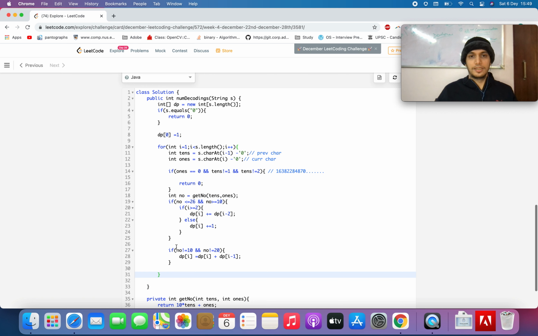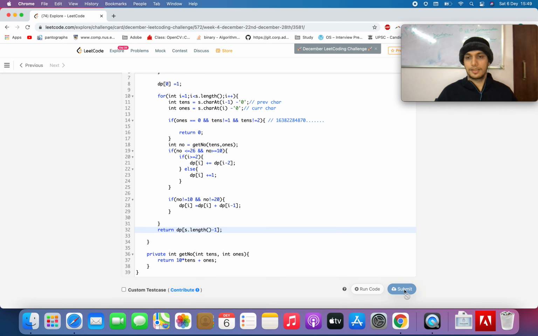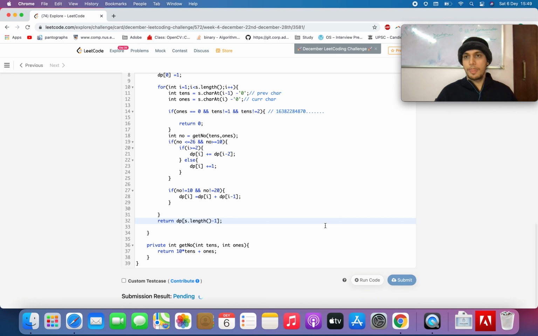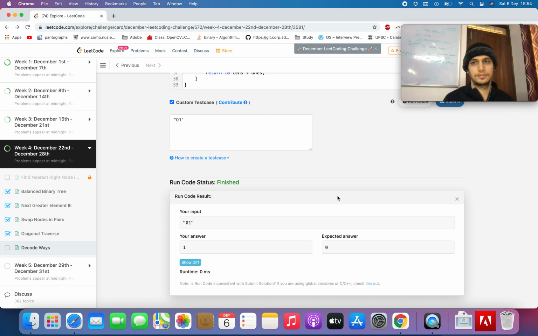So let's just return the value at s dot length minus 1. Let's just submit it and see how it goes. Wrong answer.